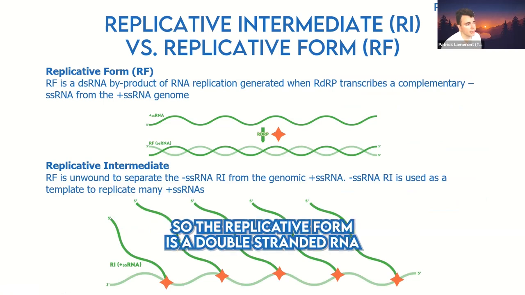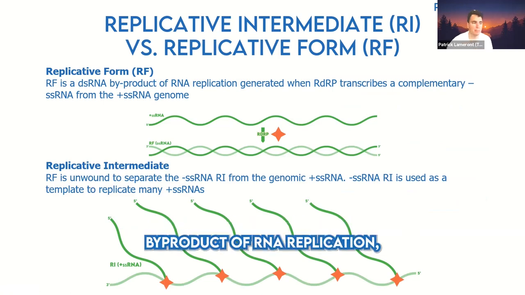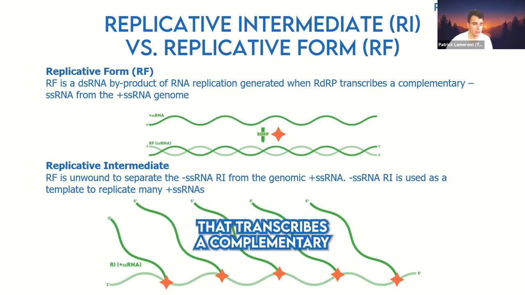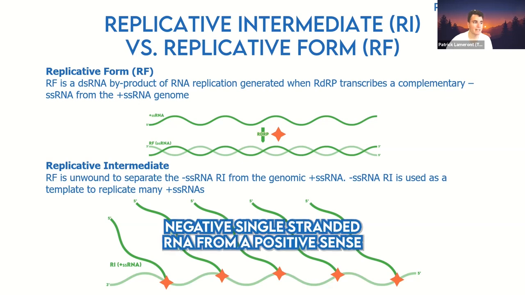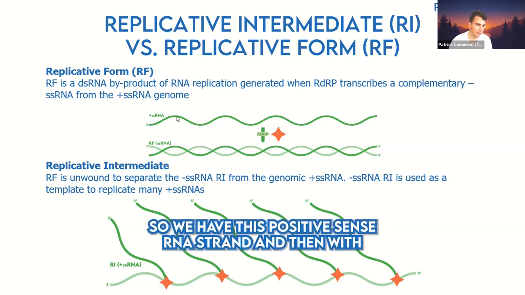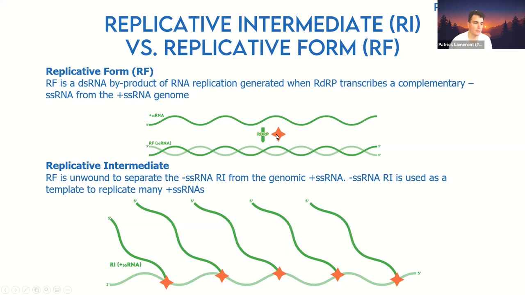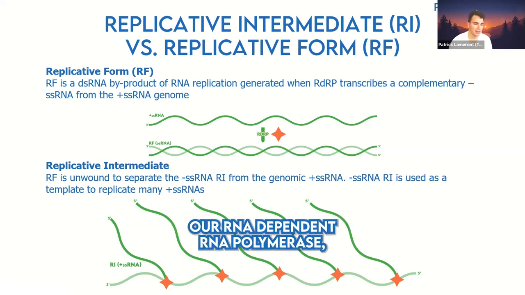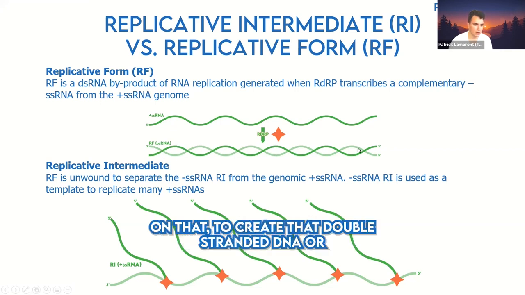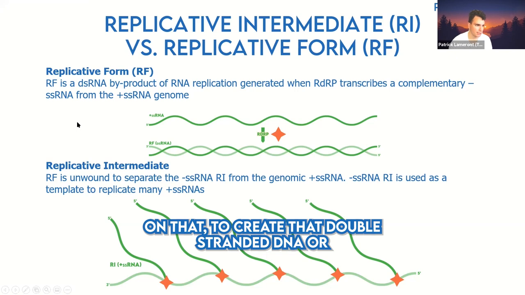So the replicative form is a double-stranded RNA byproduct of RNA replication. And that's generated by the polymerase that transcribes a complementary negative single-stranded RNA from the positive sense RNA genome. So if we look at that here in the diagram, we have this positive sense RNA strand, and with RNA-dependent RNA polymerase, it's able to create that negative sense single strand on that to create that double-stranded RNA,